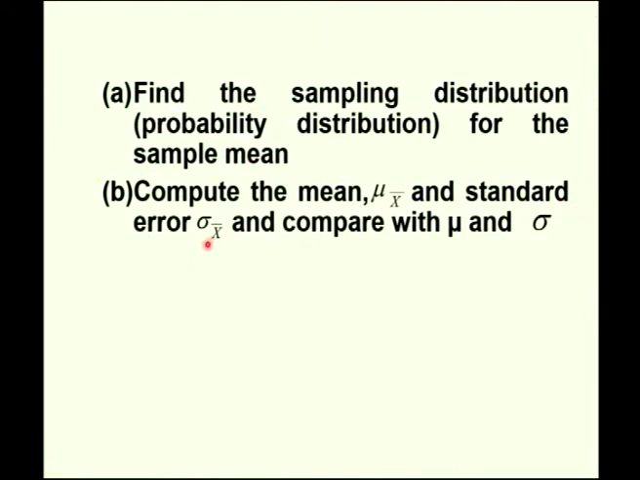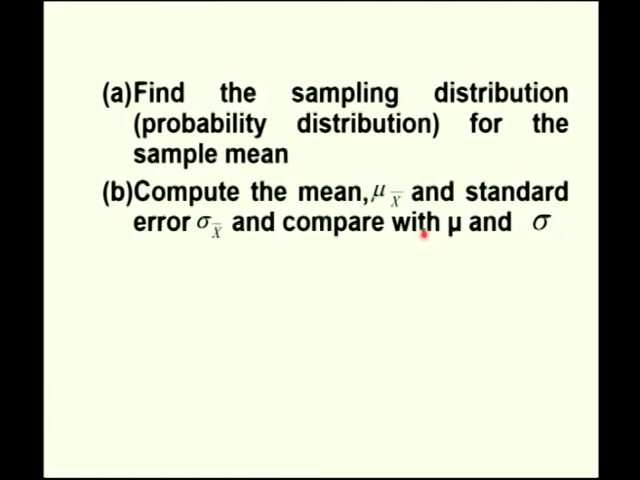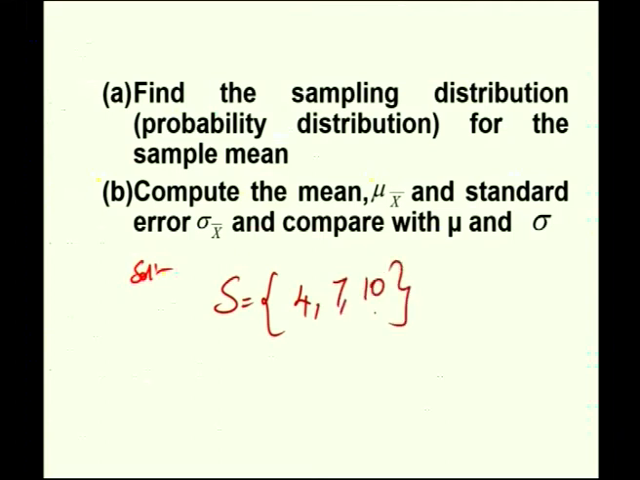error. This terminology we have already discussed in previous sessions, when discussing terminologies related to sampling. And compare with mu and sigma, which are the population mean and population standard deviation respectively. Okay. So, we shall do this problem. Now, we have an equiprobable space, that is S is equal to 4, 7 and 10. Therefore, the mean and standard deviation of the population having these three values will be: mu is equal to